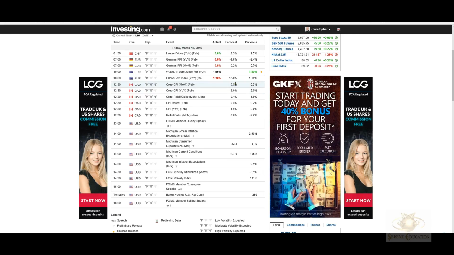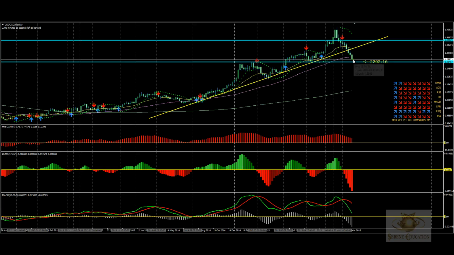But you can see the month on month for the same time clearly moving to the upside. Then you look at core retail sales monthly figures coming from a negative bias to a positive bias. So the forecast for CAD is strength. Okay, overall there's strength, so it depends how strong it is. Is it either going to come out as expected, so it's moving but not really all that great, or is it moving and far better than the forecast, and that's great. But now when I bring it back down to the chart, that would have an impact on